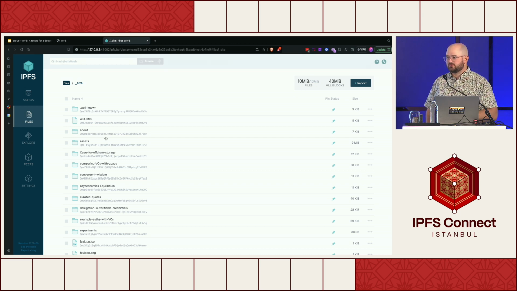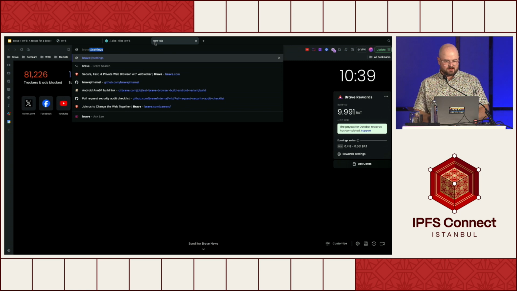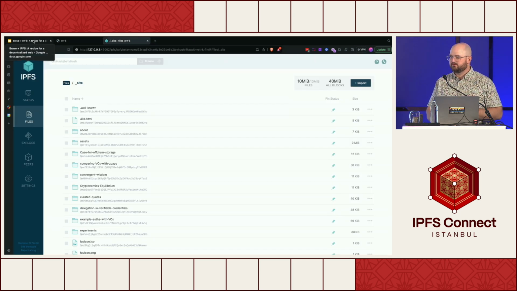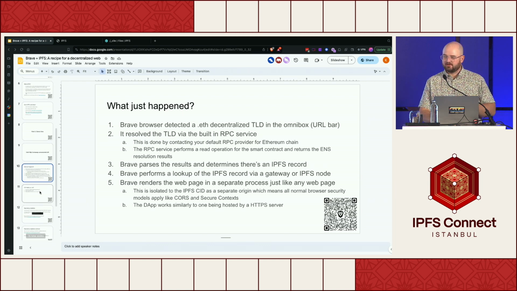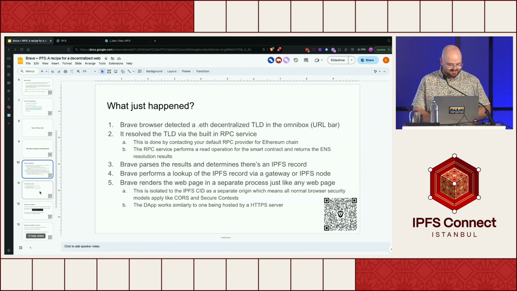Yes, and this is where those privacy trade-offs come into play. For example, if you're hosting content on IPFS, your IP address effectively becomes available from running that node. And so this is where you've got those settings. Actually, let me just go through the demo because I'm covering a lot of these things anyway. I was going to go off on a tangent, but I realized I've already covered it in the slides.